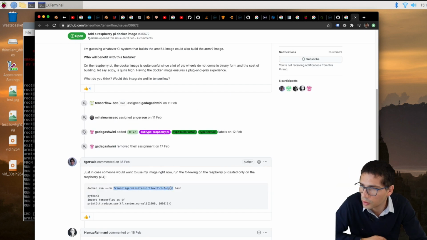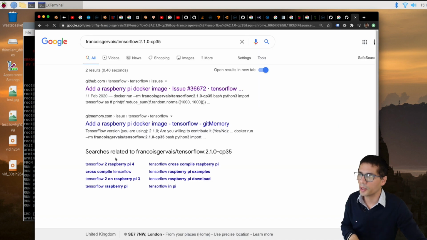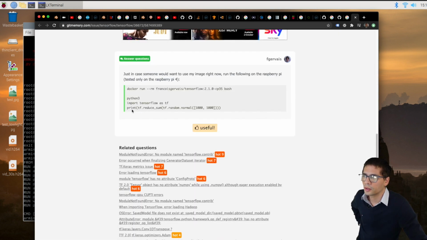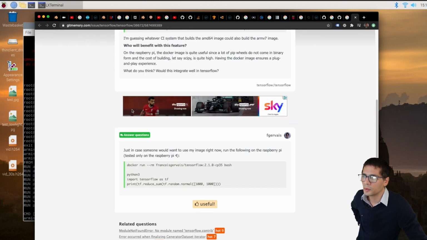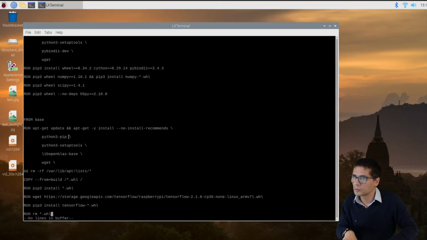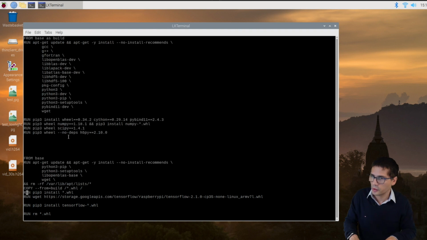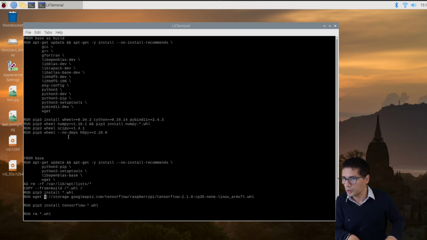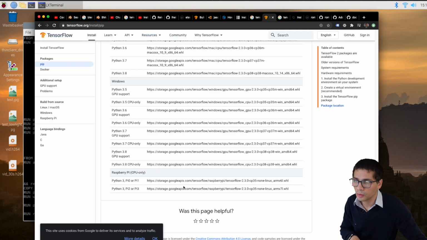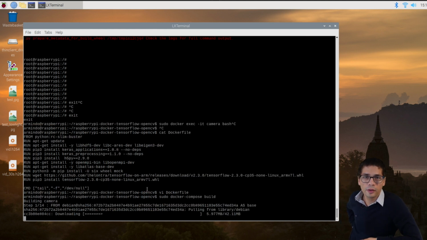It seems like someone managed to create an image already for TensorFlow. It's a bit out of date, but if I can find the Docker file, that'd be nice. So maybe I try this one. Nice. Empty lines everywhere. So I can just replace this URL with the latest version of TensorFlow. So I'm just going to copy this URL. Hopefully it will work. Okay, let's try. This might take a while if it goes well, or fail quite quickly.